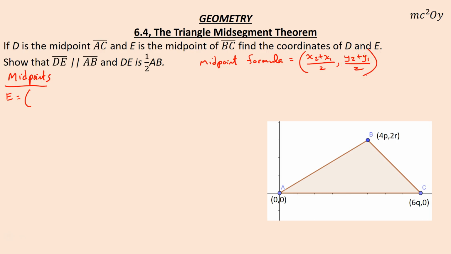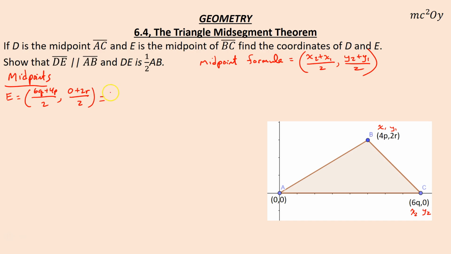Okay, so if I'm trying to find the midpoint E, and I know that E is the midpoint of BC, so that's this line here, that would be X1, Y1, and X2, Y2. So I have 6Q plus 4P divided by 2, and I have 0 plus 2R divided by 2,